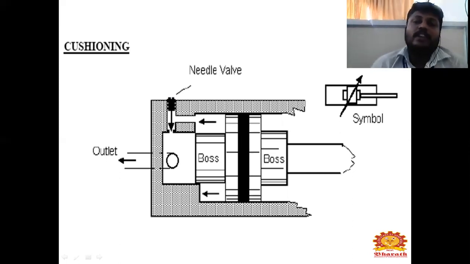First, you can see what the things are in this cushioning. See, this is a symbol and this structure is known as a cushioning, where it comes in contact with your cylinder end. It will be a rubber-like structure. It will be avoiding the friction inside the cylinder. So you will be able to do that.